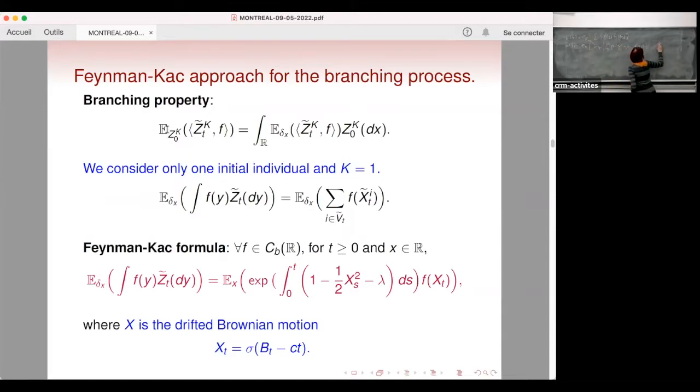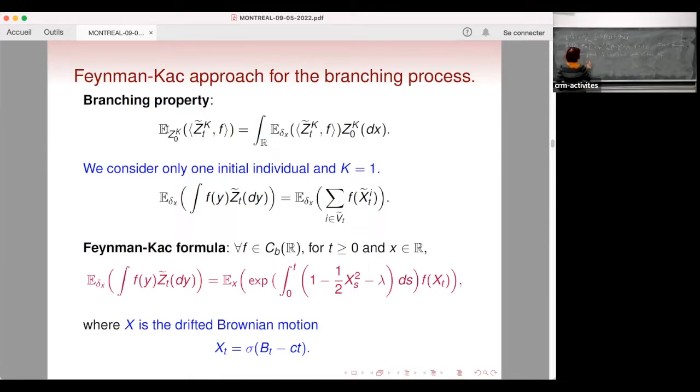So here you use this formula. And one can prove that mu t is in general a solution of the PDE